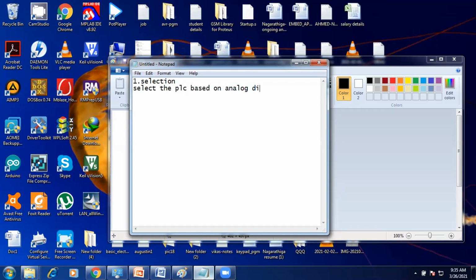This is the first point under this selection. If we are not considering this option, it is a waste of time and cost. So first we need to select the inputs and outputs, digital as well as analog.